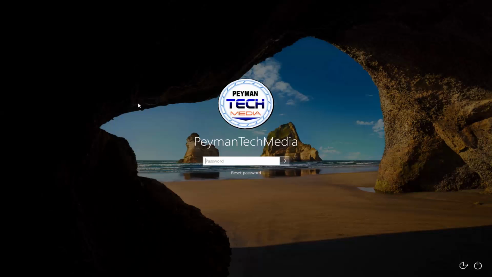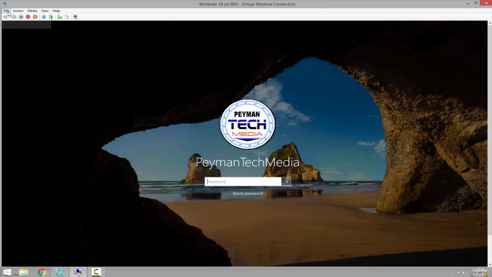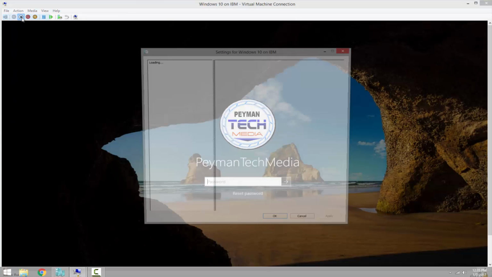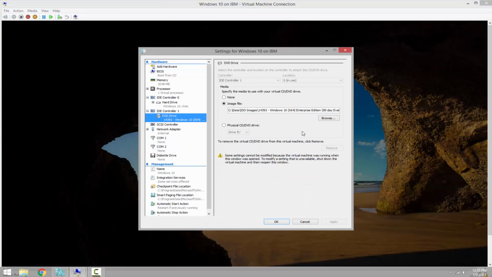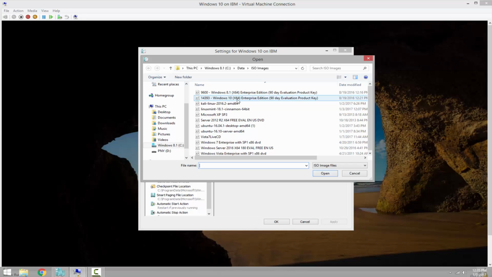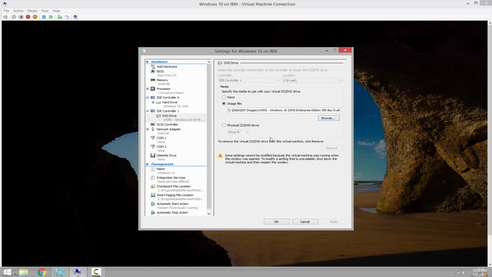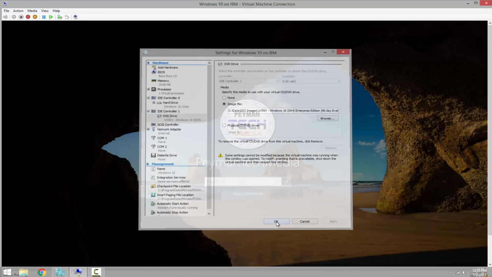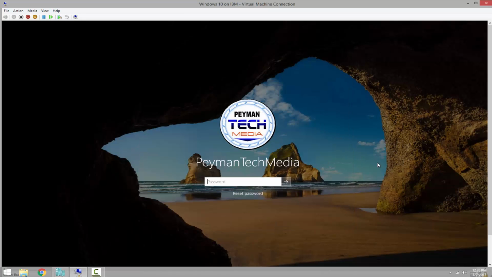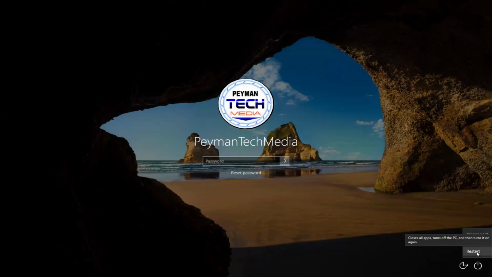So right now we need to boot from the installation disk. Since I'm using the virtual machine, I will use the ISO image by clicking on File, Settings, going to the DVD, and then making sure Windows 10 or again any Windows installation disk or ISO is selected. OK, and then we need to restart